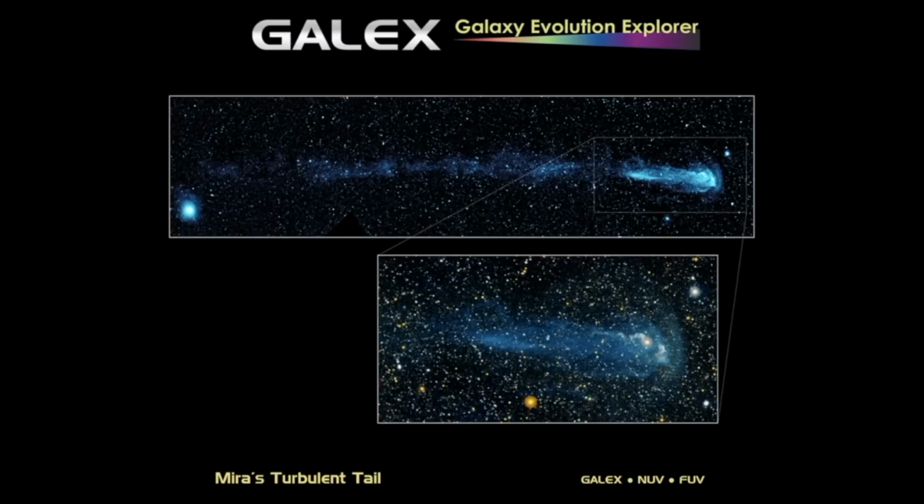So since it's an aged star, an asymptotic giant branch star moving quickly through the interstellar medium, we see there's a bow shock in front of it, and we see a cometary sort of tail. This is just an individual star many tens or hundreds of light years away. And the ultraviolet light is happening as a result of the ionized gas that's still emitting light from the star. So the light from the star ionized the gas, and